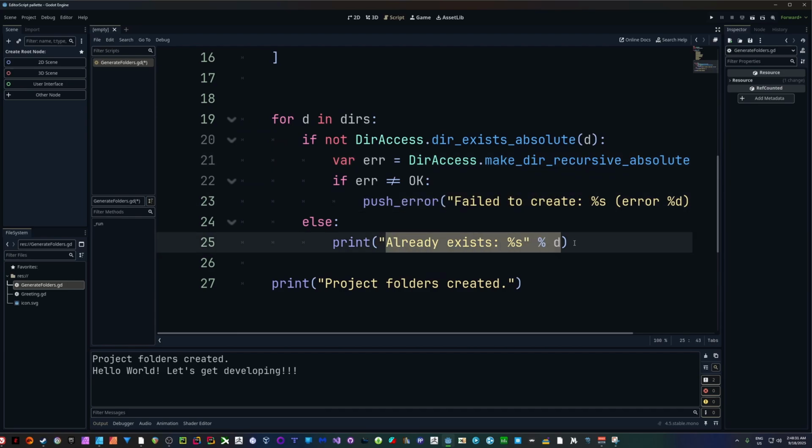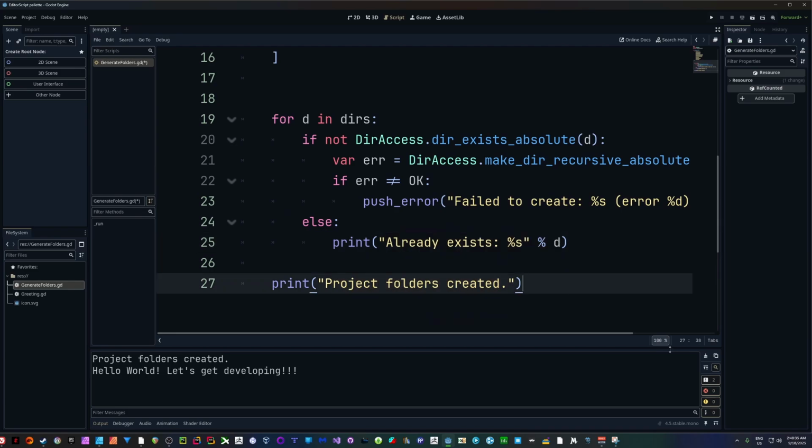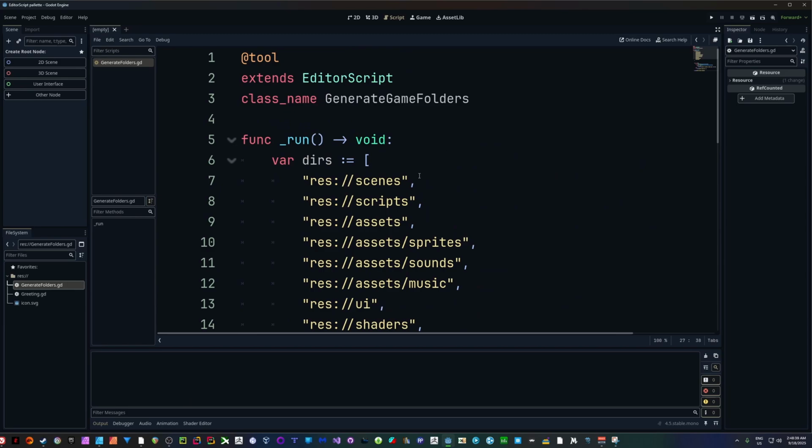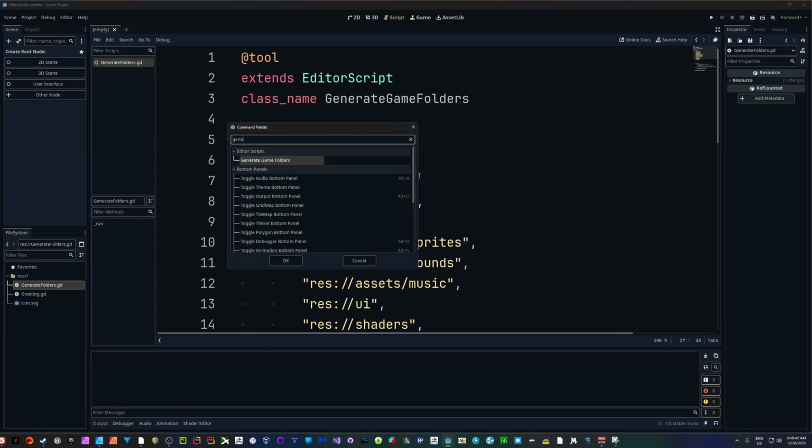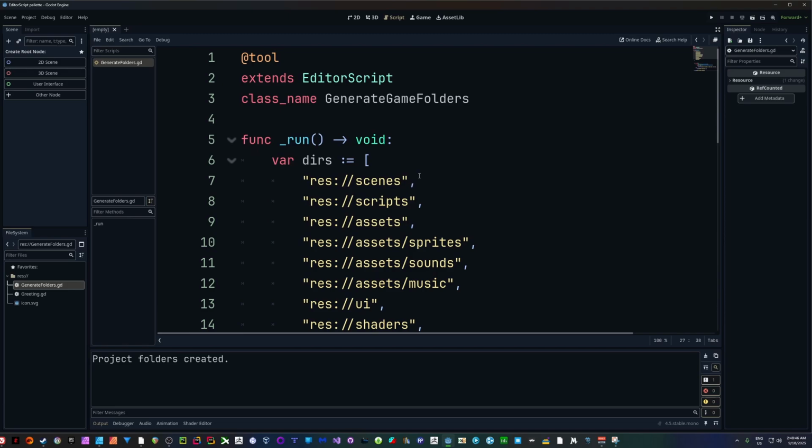If the folder already exists, we'll print that out. And if it's a success, we'll do that. Great, so now all I have to do is just go Control Shift P, generate, and there it is. Run it, and once it says the project folders are created, but